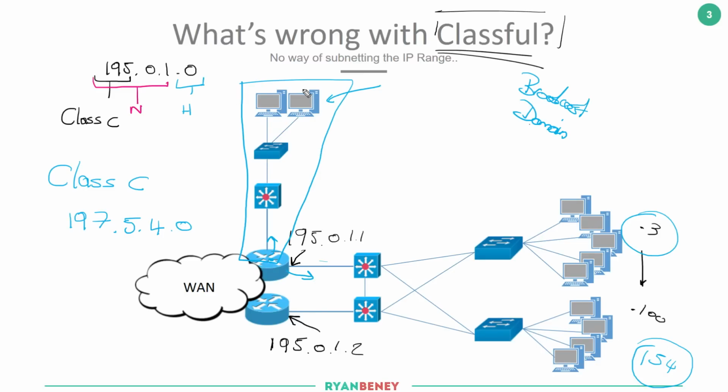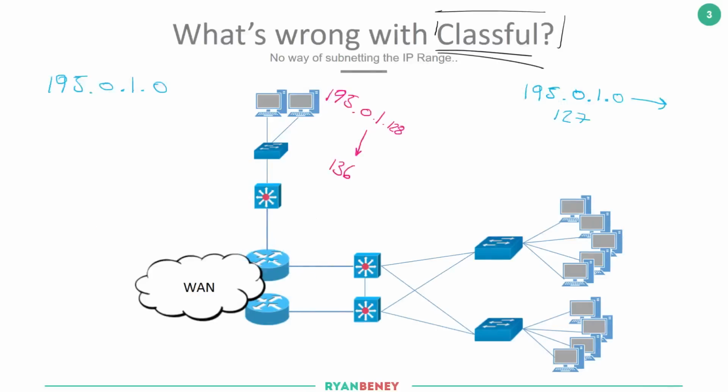So to get around this problem of having these IPs wasted, we came up with this concept of taking away these classes, taking away class A, B and C, and having a different method to identify where the network and host portions begin and end. And because we have this new method, what we're able to do is something similar to this. You can see that we have the